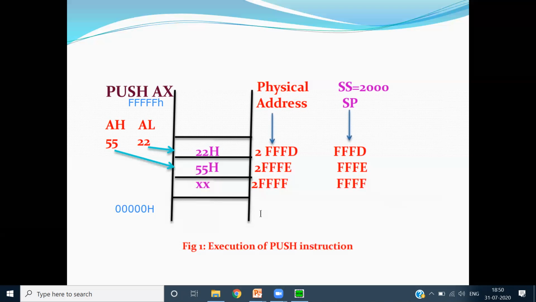So it is decrementing. Whenever I push any of the contents, at the same time my SP pointer will decrement by 2 if it is storing 16-bit data. If it is storing only 8-bit data, for example PUSH AL, it will be decremented by 1 location only. So PUSH is going to decrement. If I pop it, POP is the reverse, I'm going to take it into the AX register, so SP will be incrementing again. So POP is incrementing while PUSH is decrementing.